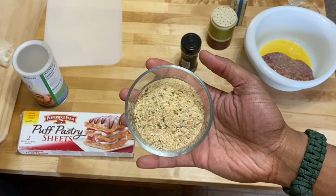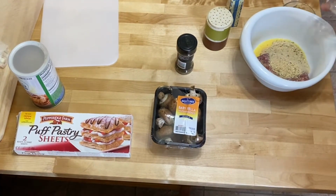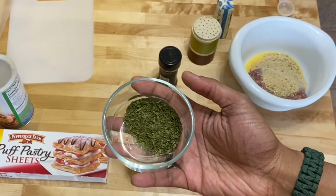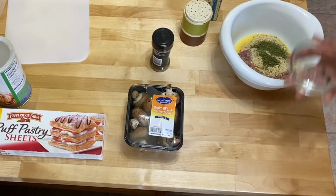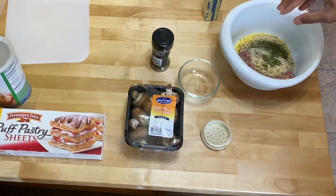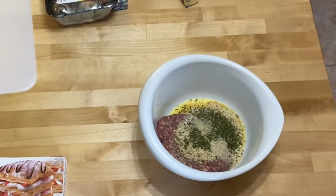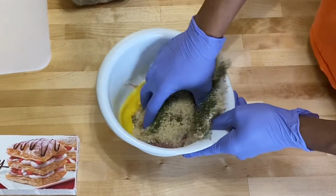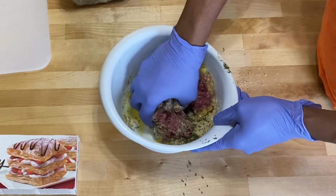And here we have 4 pretty decently rounded tablespoons of breadcrumbs. And here we have some dried parsley. The recipe called for 2 tablespoons. I had about 1.5 left at the bottom of my jar. I call it good. And just a pinch of salt. Then we're gonna just mix this thoroughly, quick edit style,